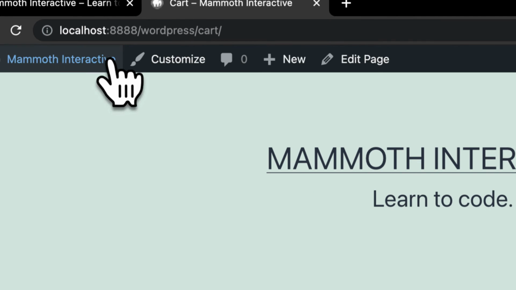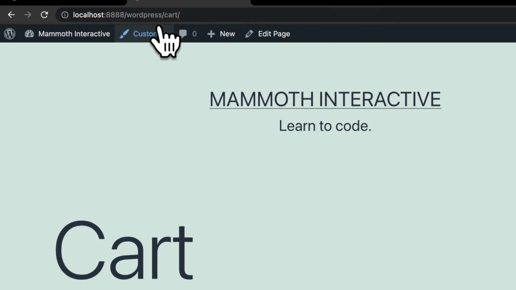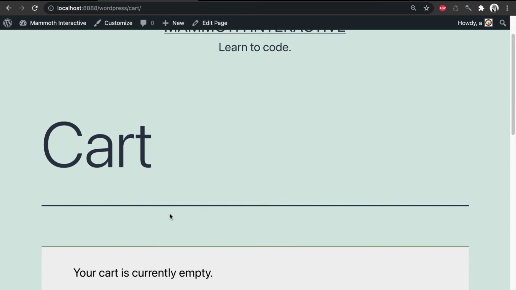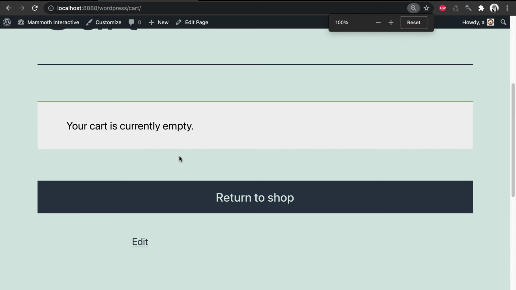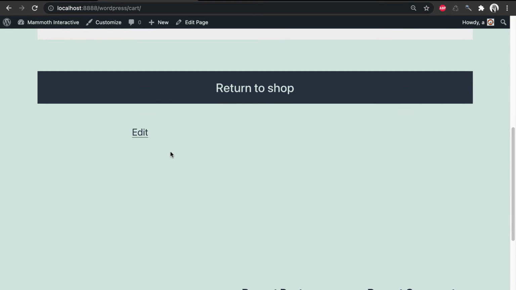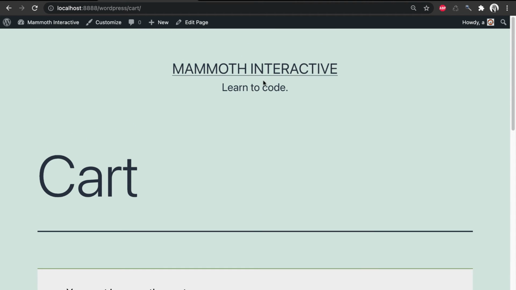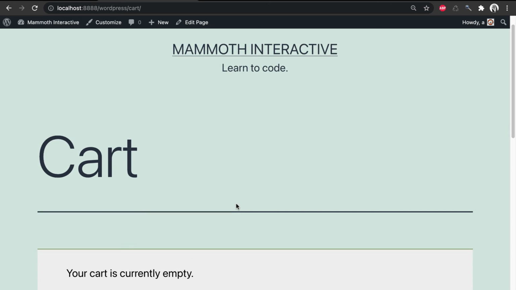It will be at your localhost at your port /WordPress, the name of the site folder /cart. So here we have /cart. This is what the page would look like. I recommend previewing your pages at 100%. All right, and you can see we have a header at the top, then the name cart, and this utilizes our theme that we have implemented, just the default WordPress theme. And on top of that, it just took the theme and then created its own pages. So WooCommerce has integrated into our WordPress theme.